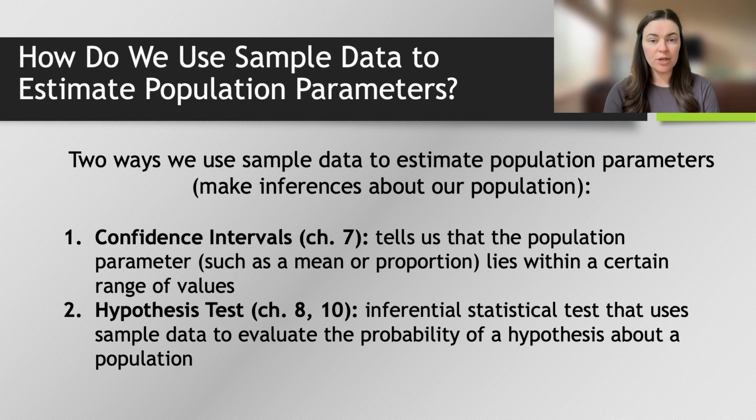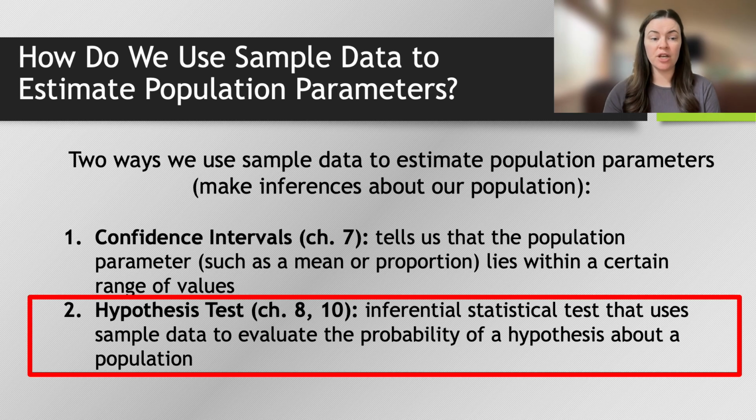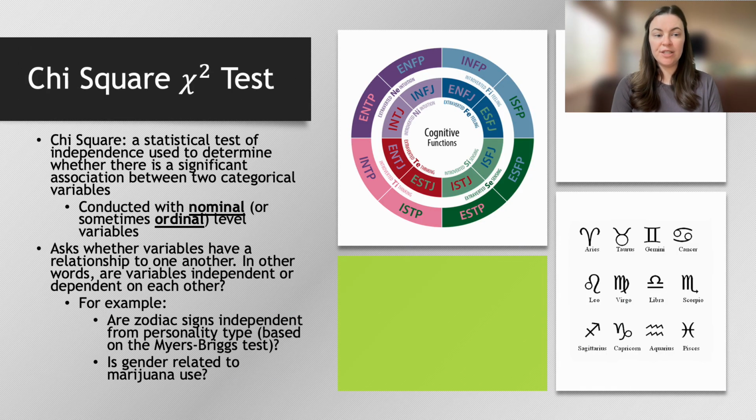We then moved forward to chapter 8, which was our introduction to hypothesis testing, both with regard to one sample and two sample tests, and if we're doing that for sample means or proportions. What we'll be doing today is also a version of hypothesis testing, but with a new concept in mind called chi-squared. A chi-squared test is a statistical test of independence used to determine whether there is a significant association between